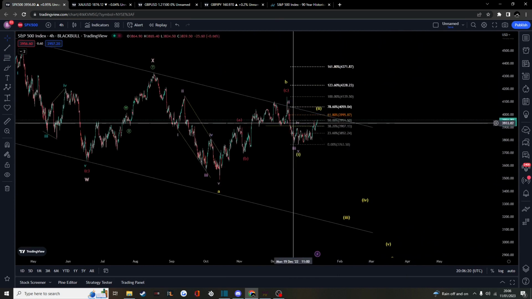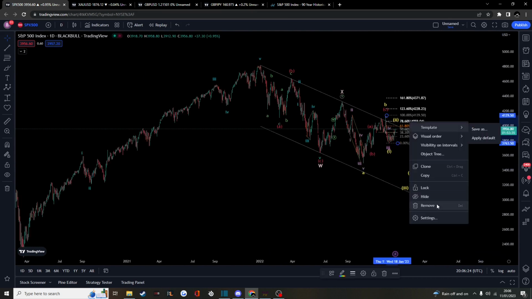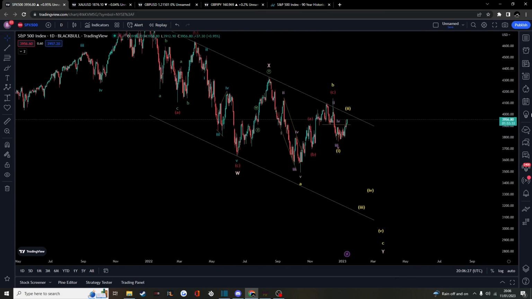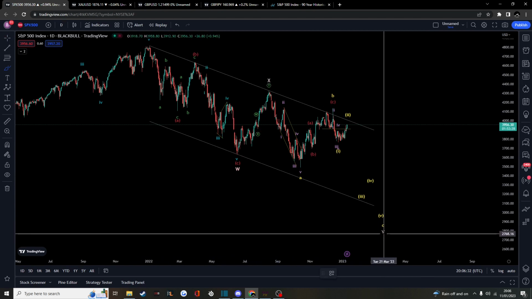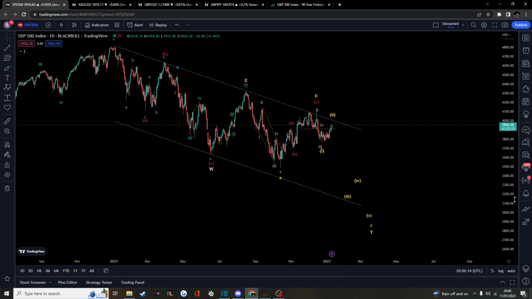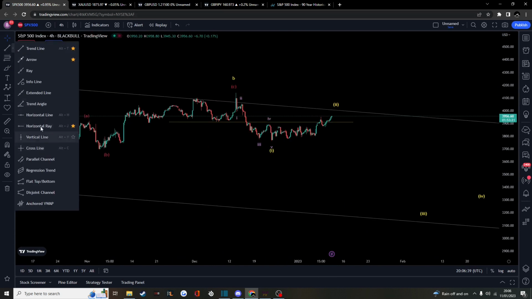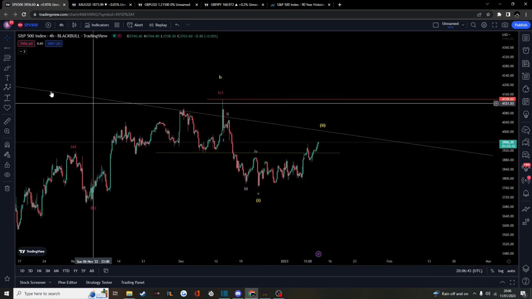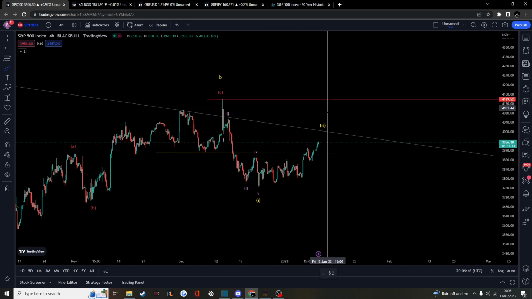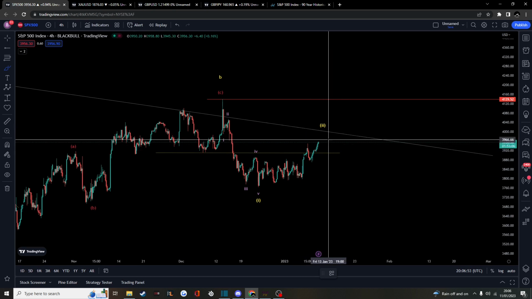And in terms of the overall count, this has given us what we call so far a double combo. A double combo is simply a W, X, Y. So long as this level right here, just get my horizontal ray, so long as this level right here is not invalidated and the market does not push towards this level and it rejects between 50, 61 or 78.6%, and we start to see after price action confirmation a sign of rejection,